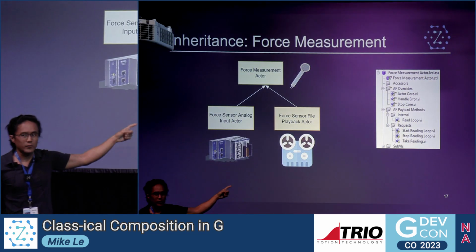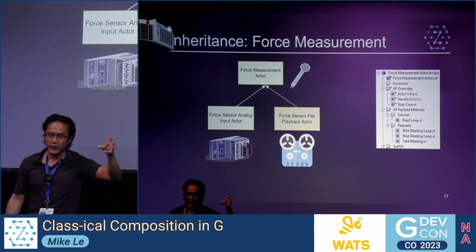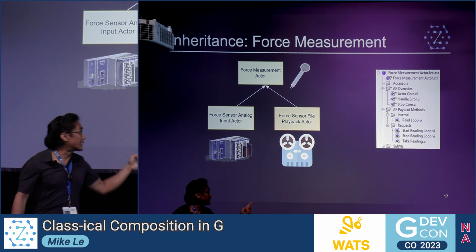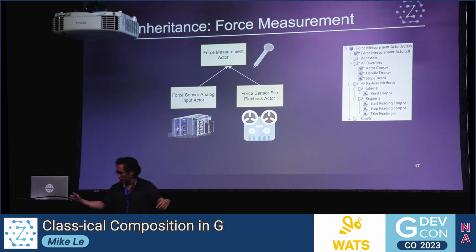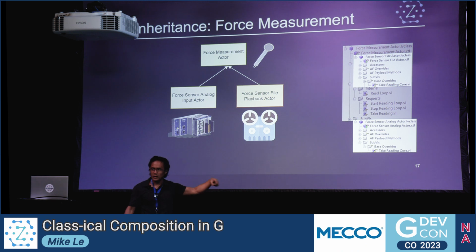And you point to a couple of child implementations. One is an analog input force sensor. So you get some voltage or something, and then that translates to a force. And then the other is a playback actor where you've recorded some force sensor data in the past, and you just want to play that file back to see what it looks like as it runs through your application, right? And that's nice because the parent defines most of it. And then really you just have maybe one override, like take reading core, how are you getting to the data? Maybe with hardware, you're doing some connection, closing, whatever. But essentially, the child class's contract with its parent is just, hey, how am I getting data from you? And I think this is a really nice breakdown, right? This is a very good use of inheritance.